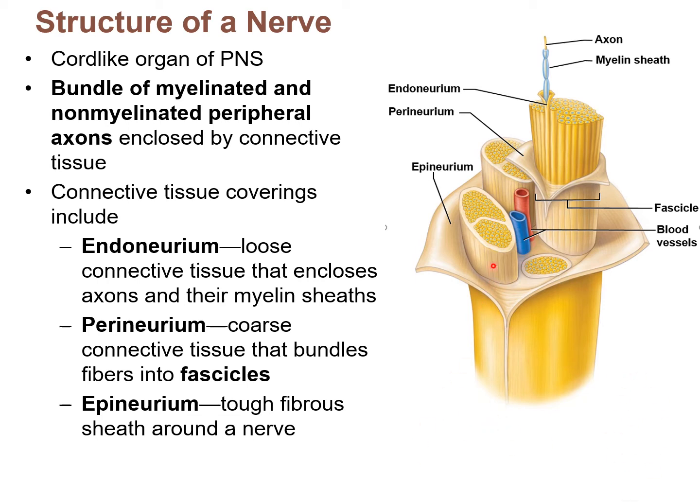So when you look at a nerve and look at the inside of it, we can see there's this connective tissue covering around these different sections, these different areas. And let's look at these terms. It's going to sound similar to muscle. So we have an epineurium that surrounds the entire nerve, this covering right here. We have a perineurium. This perineurium, they're showing it right here being peeled away, that covers a fascicle. Just like muscles have fascicles and a perimysium covering muscle fascicles, we have a perineurium covering